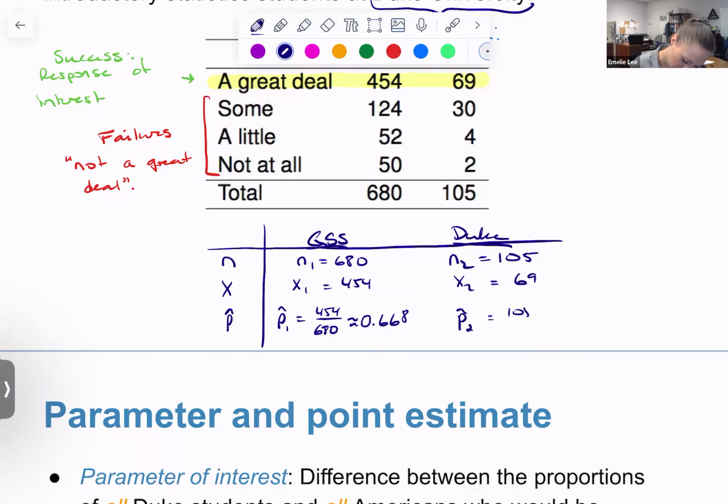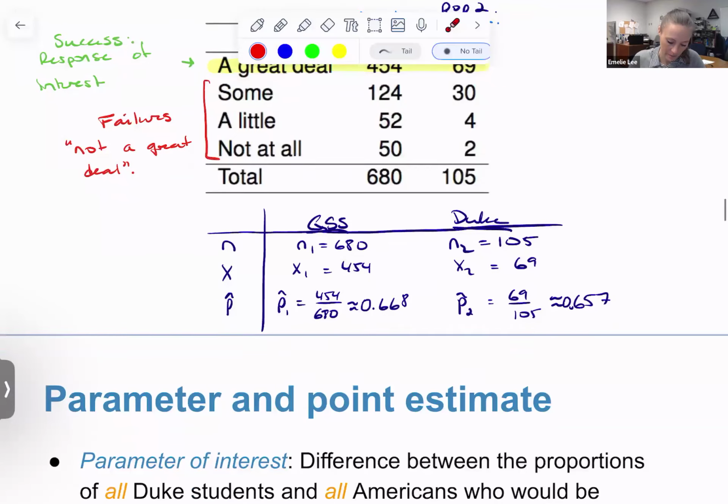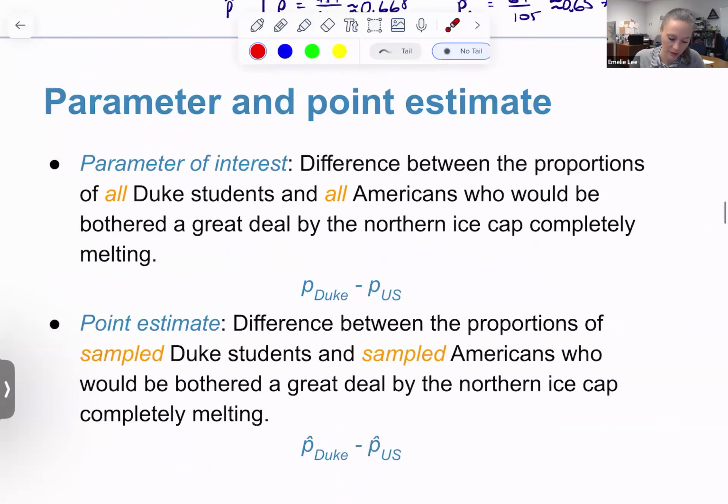P2 hat is 69 over 105, which is roughly 0.657, going to 3 decimal places. Okay. So what we want to know is whether there's a significant difference between 0.668 and 0.657, right? Taking into account the spread. Okay? And so we'll hang on to this information and move to the next slide, which introduces the